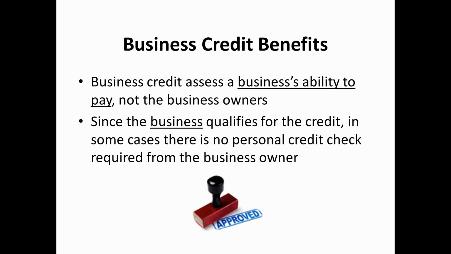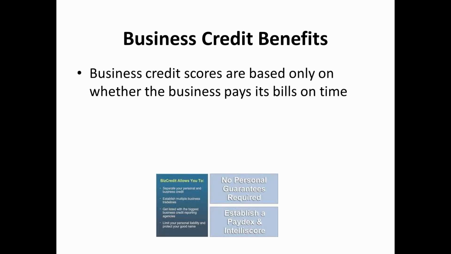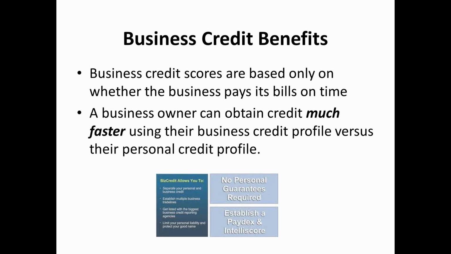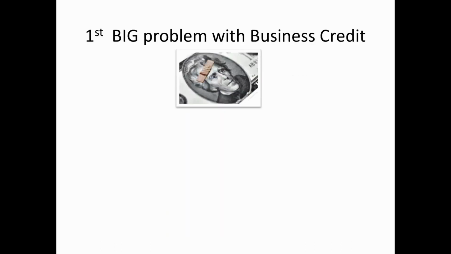Okay, so again, completely separate from the personal credit, the business credit profile gives them double the borrowing power based on the business's ability to pay. That means even when there's challenged personal credit, they're still going to be able to qualify. And they can build the business credit in much faster time. Business credit literally can be built in half as much time as consumer credit. With consumer credit, you can't even get a credit score unless you've got accounts reporting for 6 months. In the business world, you could get a score in the first 30 to 90 days. So all the way through the process, it's twice as fast to build business credit as it is consumer.